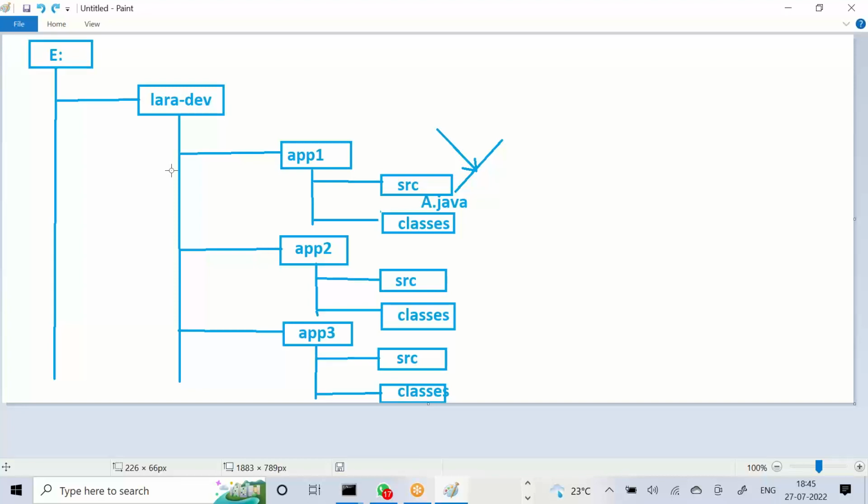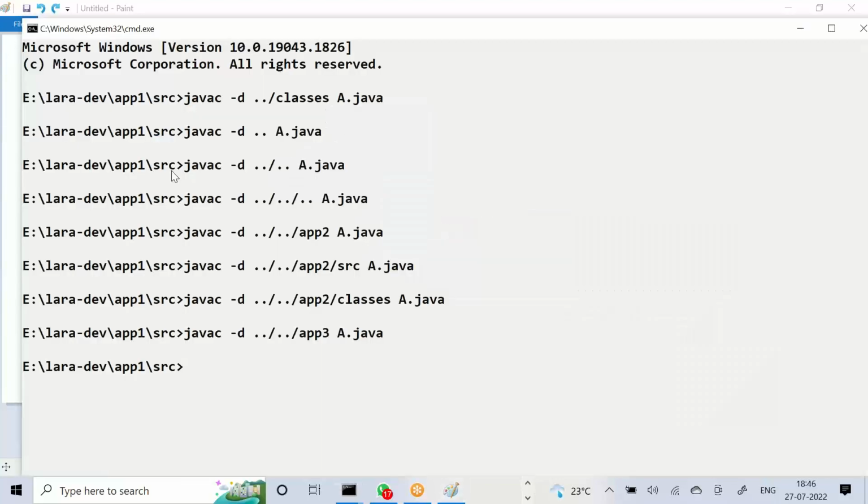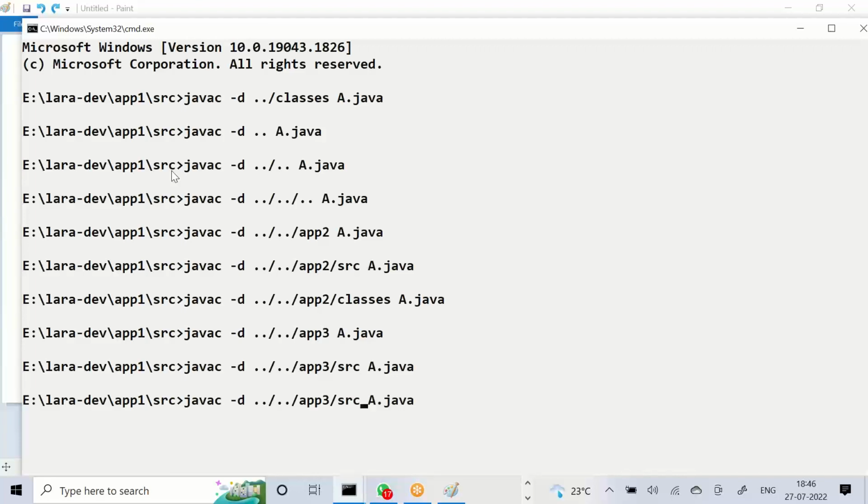How to reach SRC in app 3? Simple, right? Two steps back, coming to app 3. From app 3, you can come to SRC. Let me show. If you want a classes folder,